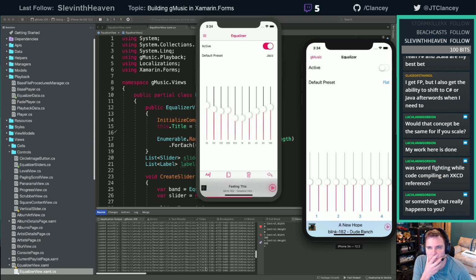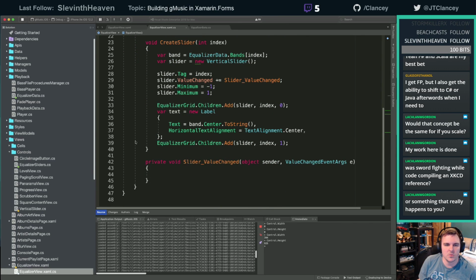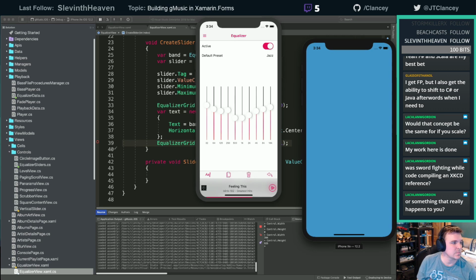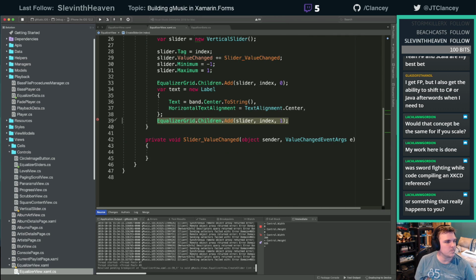Oh, come on. Did I do those wrong? Sliders showed up, but my labels did not. All right. Slider.